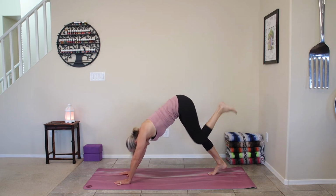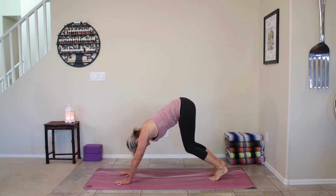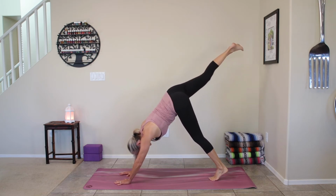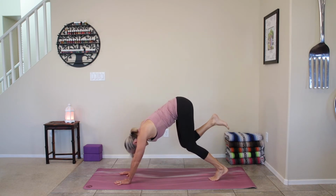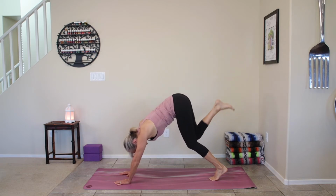And then we're going to take that left foot, we're going to place it on the floor, hip distance apart, shift your weight to the left, lift your right foot off, extend it up, and then lengthen through the left leg as you reach the right leg up. Bend the knees, tap the knees, straighten them up, bend the knees, straighten them up. One more time, bend,